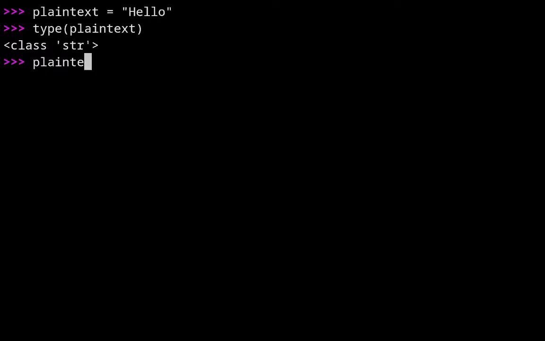Say plain text .encode, and you get the bytes. The b here just means that this is a byte string. To access each character from the bytes, do you guys have any doubts regarding this?